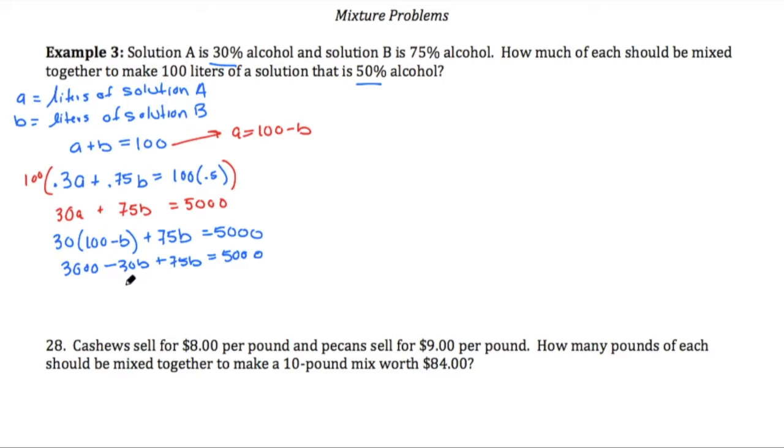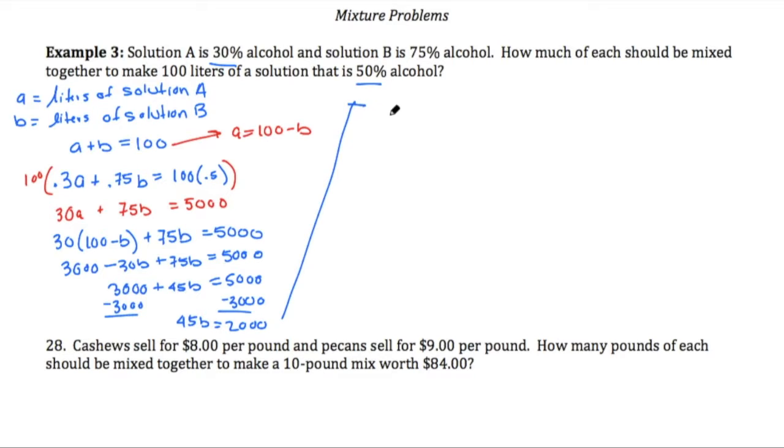And we can combine our like terms here. So we've got 3,000 plus 45b equals 5,000. And we can subtract 3,000 from both sides, and we get 45b equals 2,000. Let me carry that up here for us. So 45b equals 2,000. We can divide both sides by 45, and we get that